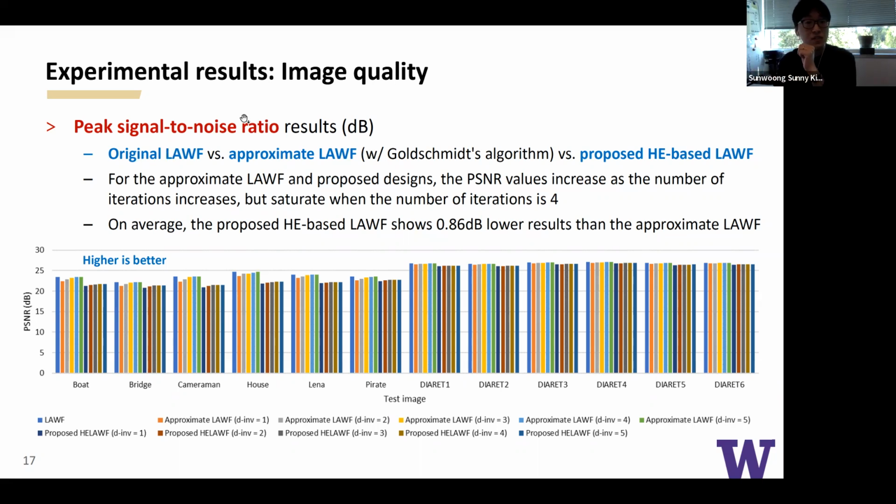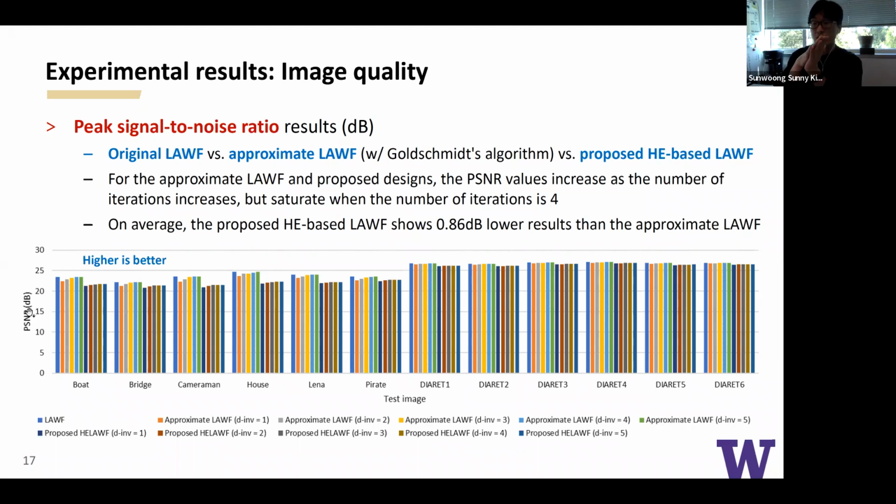And these 2 designs are non-homomorphic encryption-based designs. For this graph, the x-axis shows 12 different images, 6 natural images and 6 medical images. And the y-axis